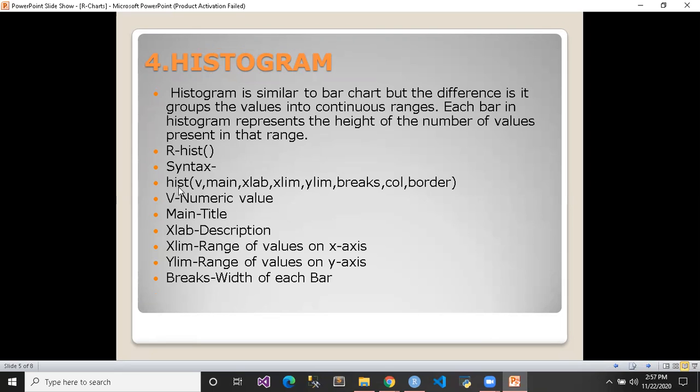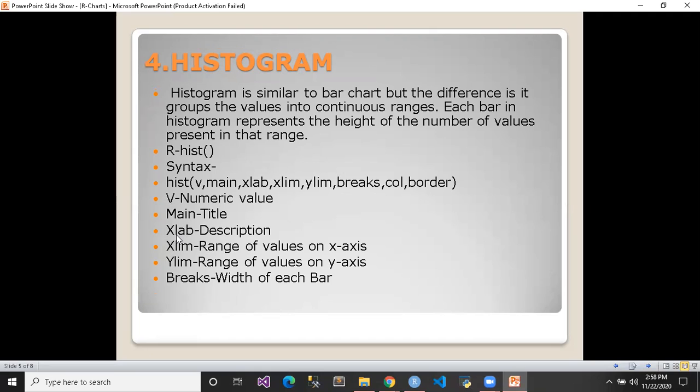The name of the function is hist and there are a few parameters we have to pass for creating the histogram. We will see the description. First one is v. It takes the vector. It means that we have to pass the numeric values for creating the histogram. Second one is main. To give the title we have to use the main parameter.